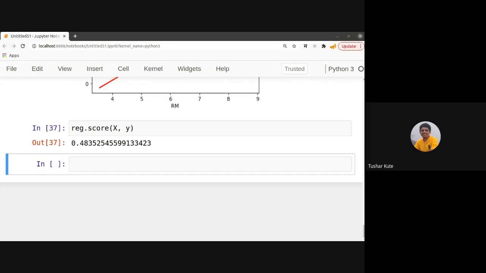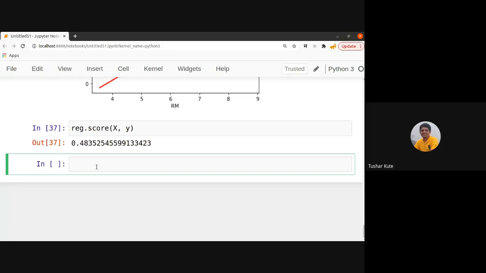To overcome this problem, a special robust regression method is used, and that robust regression method is called the RANSAC regression. Now let's see how the RANSAC regression will work.